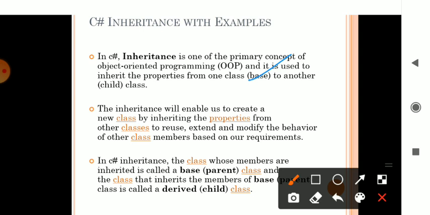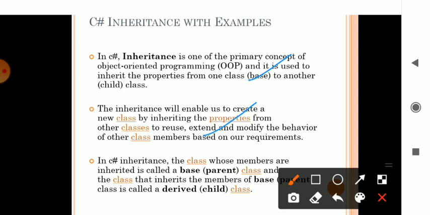Inheritance may have various properties, which are nothing but your get and set methods. Those methods, whatever you are using in the base class, can be reused somewhere else. It may be a child class or any other class. Using those features in another method or class is called reusing the features. That is the concept of inheritance.